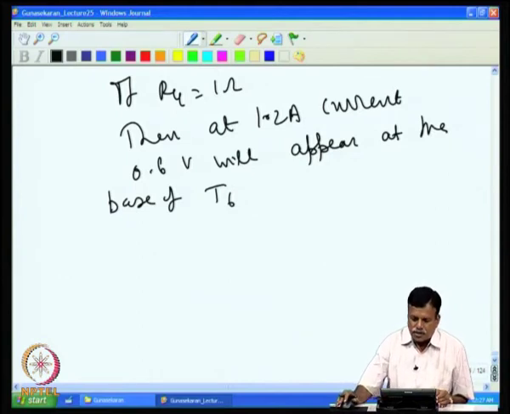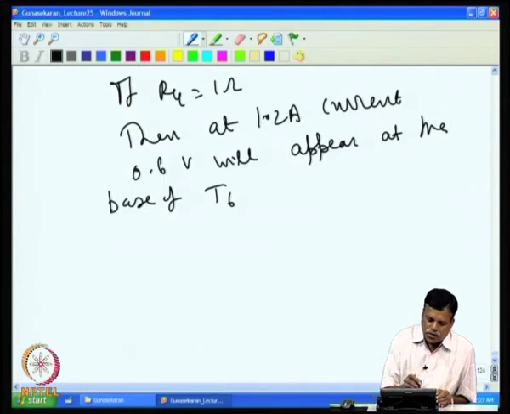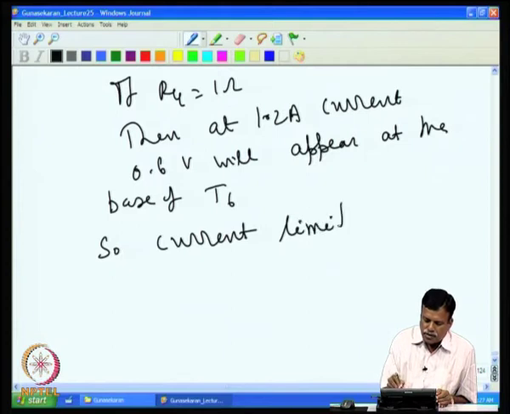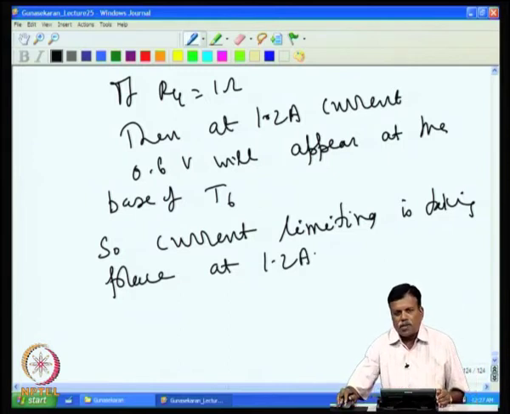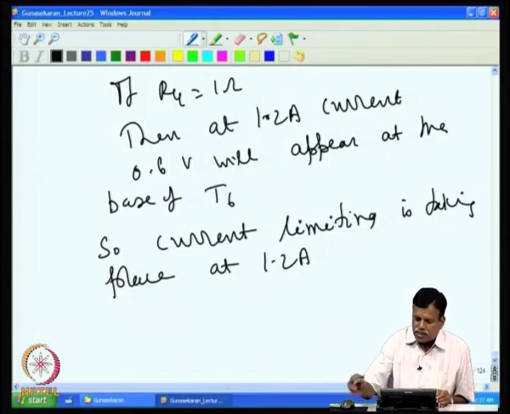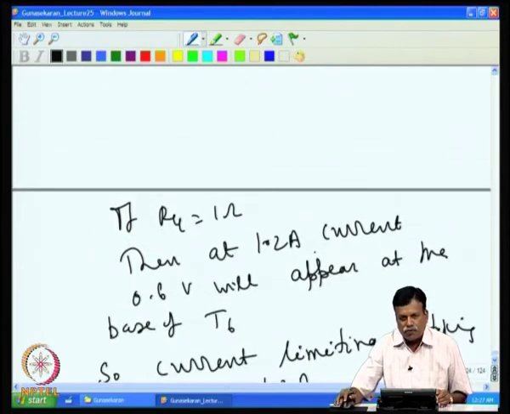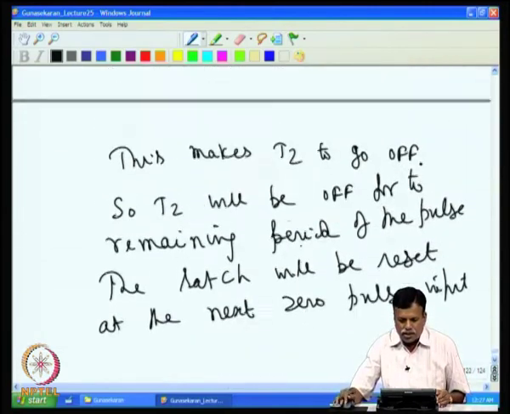That means at 1.2 ampere latching will take place. So, current limiting is taking place at 1.6 ampere. Current limiting is taking place at 1.2 ampere. But when will this happen? At 25 degrees C ambient, because at 25 degrees ambient only at